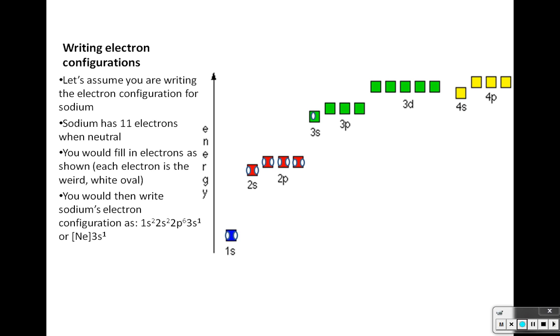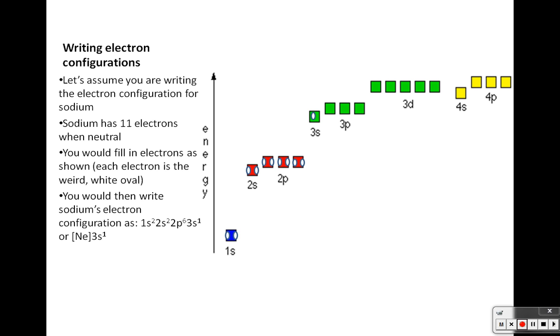So then the way we write this is we write 1s2, where 1 is the principal energy level, that n number, n equals 1, s is the orbital, 2 is the number of electrons in it. So we say 1s2, 2s2, 2p6, 3s1. Or we can actually abbreviate that